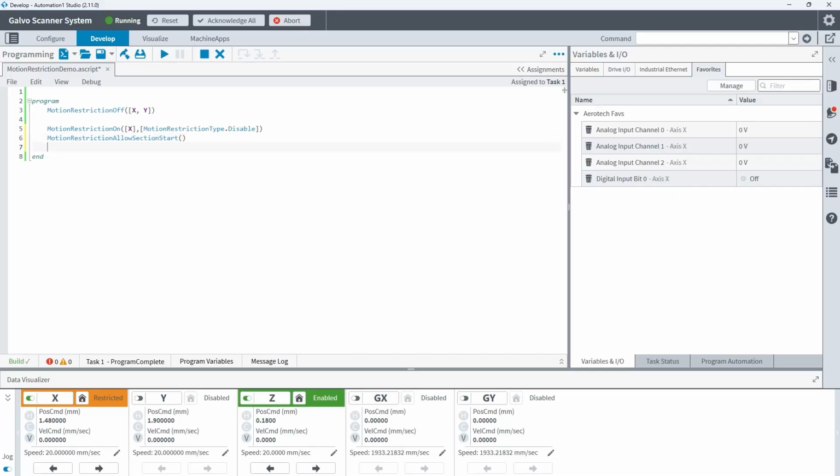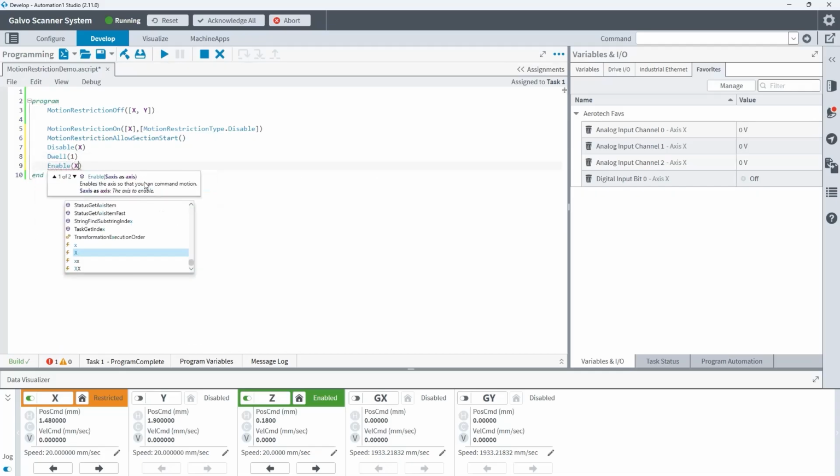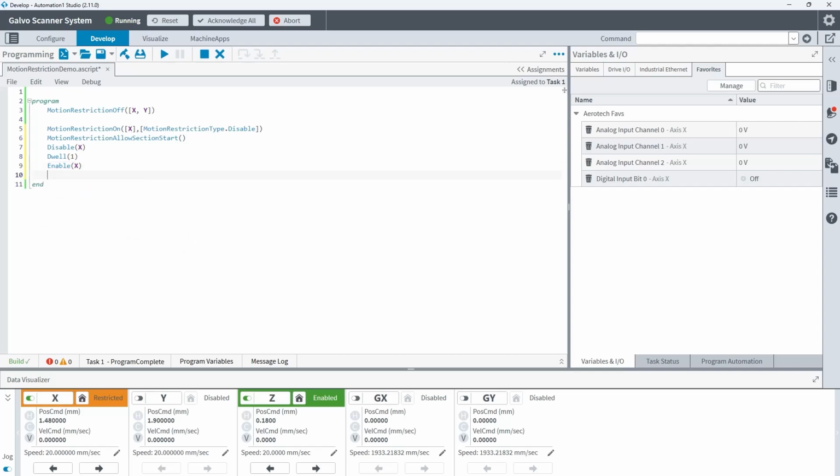So maybe what we want to do is disable the x-axis, wait 1 second, and then enable the x-axis in the program. And we don't want the operator to be able to interfere with this. So we'll complete this program by ending